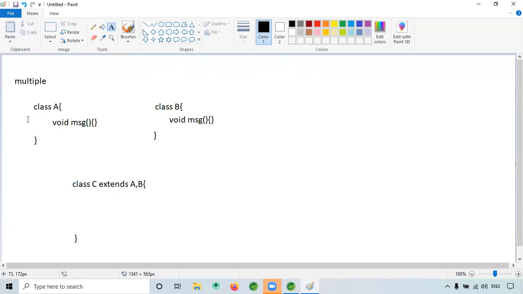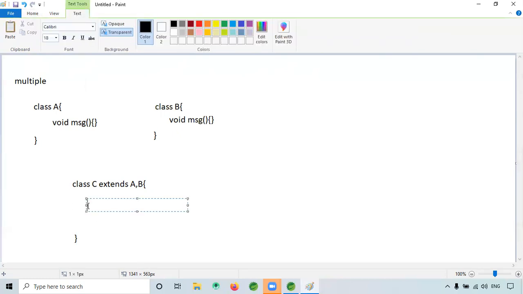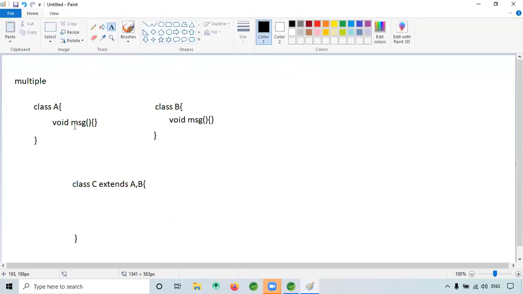Now what is the reason it is not working in inheritance? Let's say you are creating the object of C, and C inherits both A and B. Now if you want to call the message method, how can I do it?